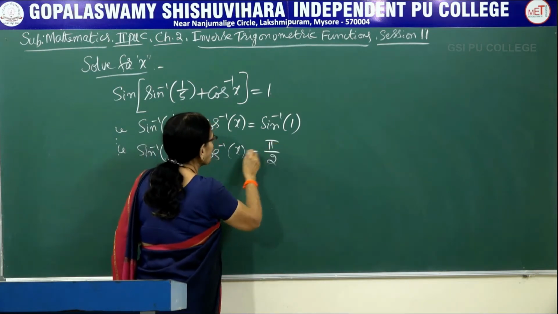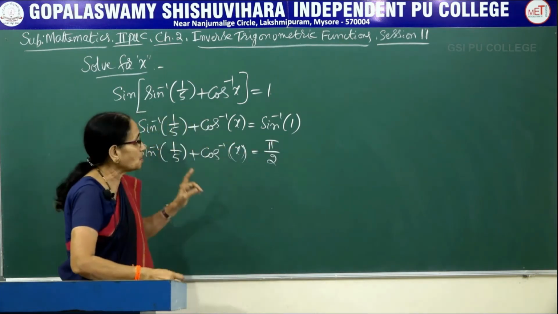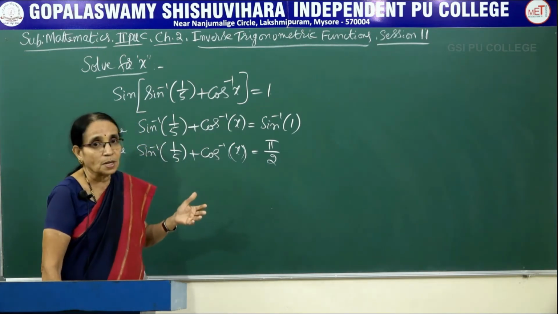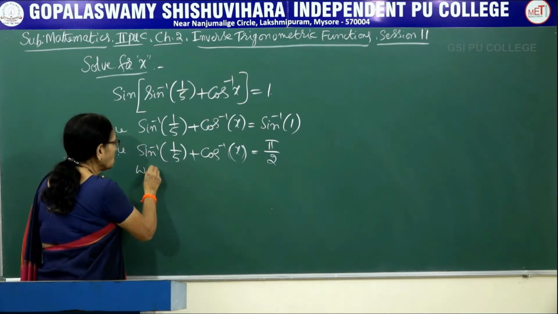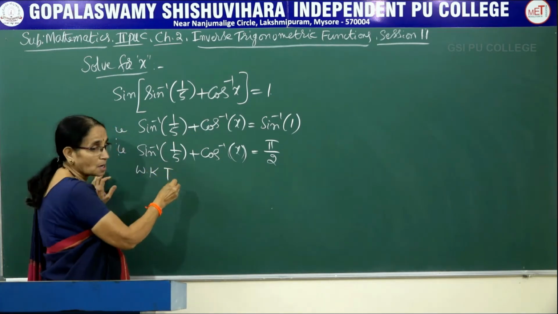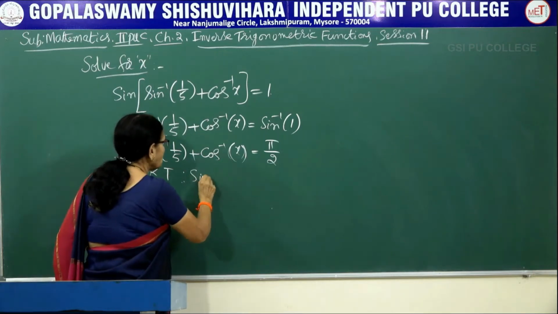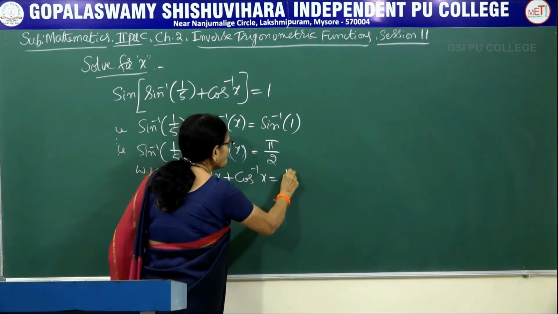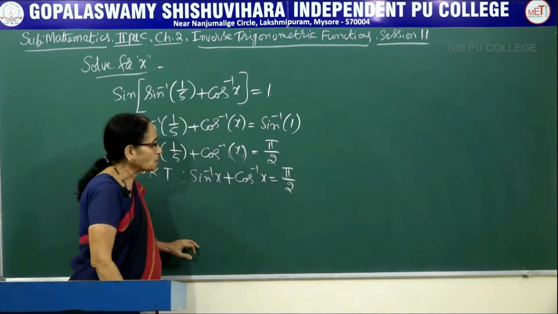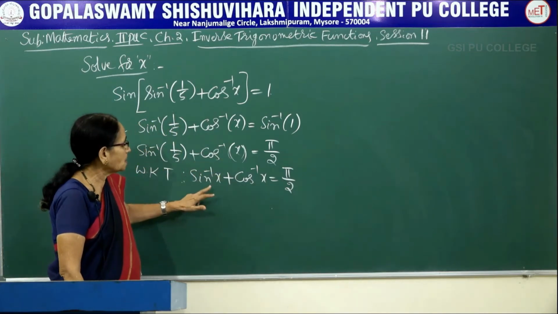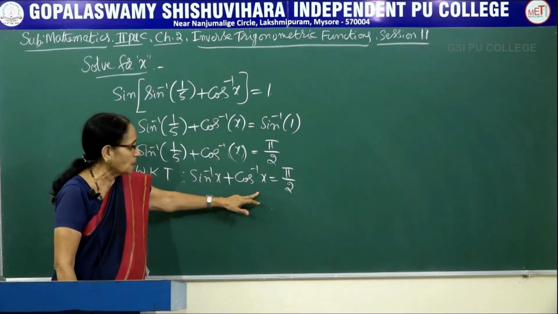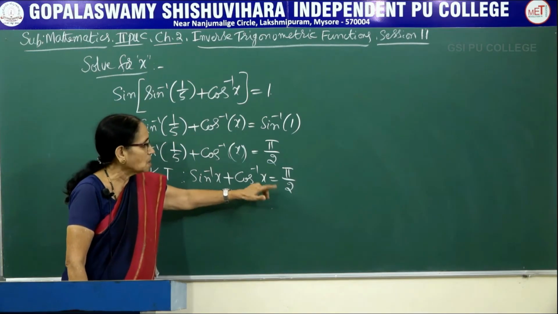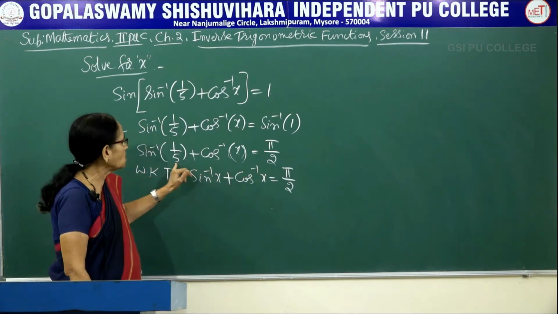So I can write this as sine inverse of 1 by 5 plus cos inverse of x is equal to pi by 2. Now at this stage I refer to a property, the third set of properties. In that one, we know that because it has already been proved, sine inverse x plus cos inverse x is equal to pi by 2. Now let us compare both the results here. x should be seen in both the places. So sine inverse of a number plus cos inverse of the same number will always be equal to pi by 2.